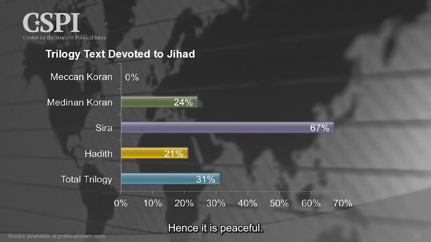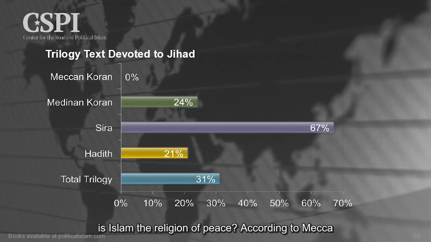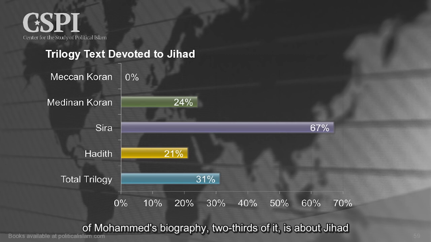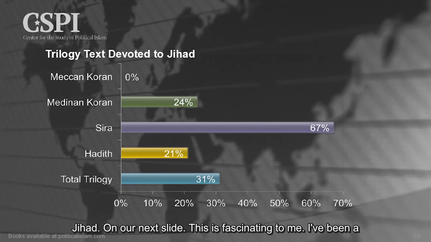Hence, it is peaceful. The jihad in Medina is 24%. Now let me ask you this question. Is Islam the religion of peace? According to Mecca, yes it is. But according to Medina, 24% of it is about jihad. Look how much of Muhammad's biography, 2/3 of it is about jihad. And the Sirah, or the Hadith, is only 21%. So nearly 1/3 of the trilogy of Islam is devoted to jihad. And on our next slide,